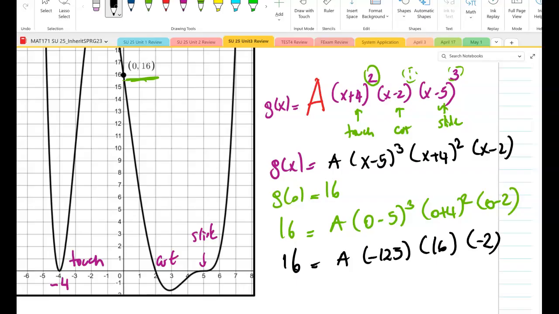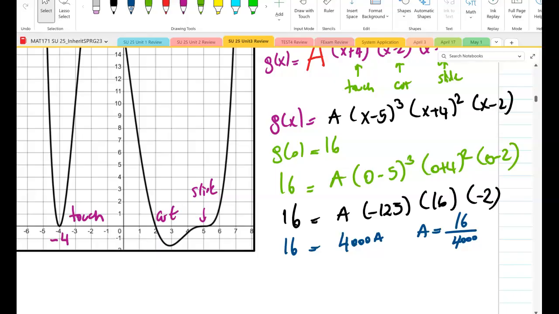So that will be negative 32 times negative 125. That's going to give us 4,000. So 16 is equal to 4,000 A. A will be equal to 16 over 4,000. Don't worry about simplifying it. Now, write the function though. That's important. G of x will be equal to 16 over 4,000